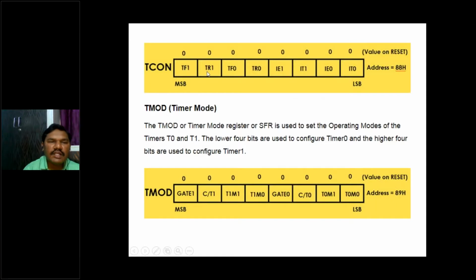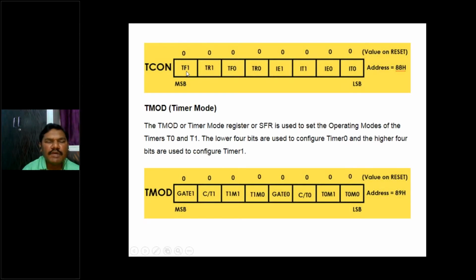That's why TR1 means timer 1 run, TR0 means timer 0 run, TF1 means timer 1 overflow, TF0 means timer 0 overflow. Because these timers operate with 4 modes of operation, we will see that in the second part of unit 2, where we have to explain the SFRs in detail one by one. So I'll show that in the next presentation.